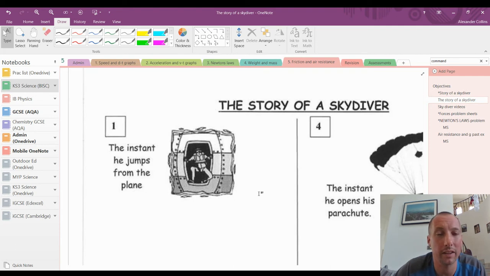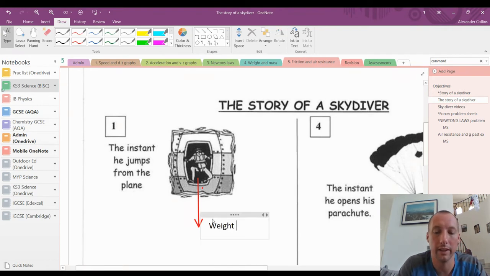But the instant that he pushes off the plane and he's just standing in midair for that second before he starts to drop, there's no longer going to be the plane pushing back on him. So we are going to draw in that one of the forces acting on him is going to be weight acting downwards. So I'm going to draw an arrow for his weight. I'm also going to write next to it that this is his weight, and I'm going to make up